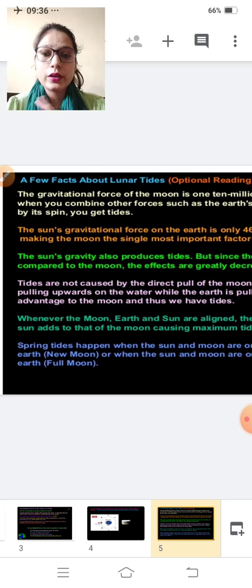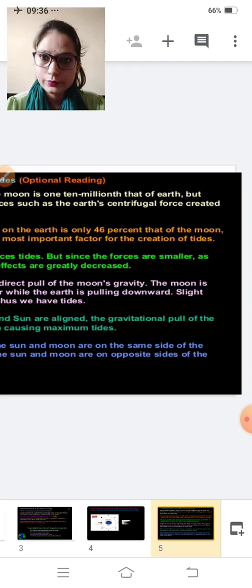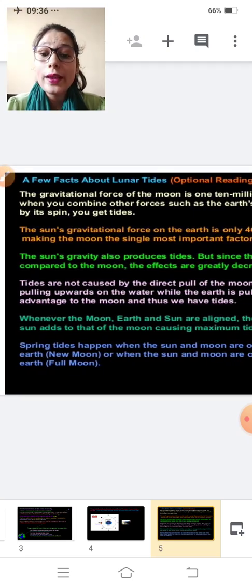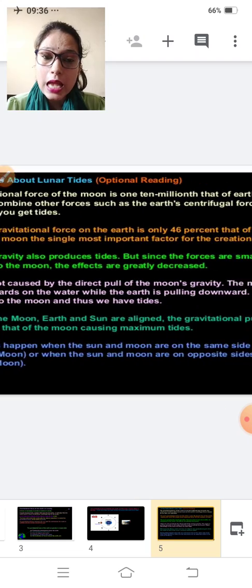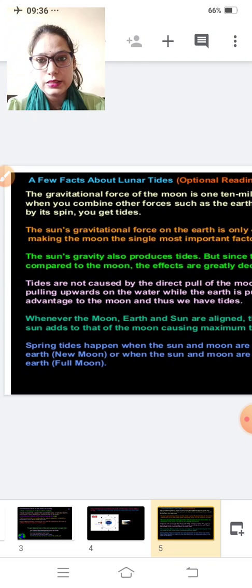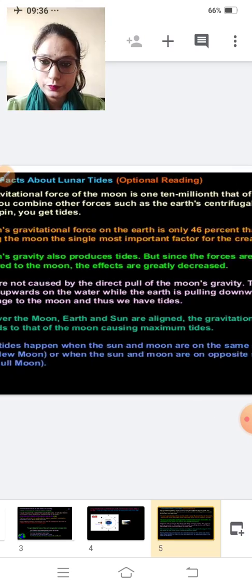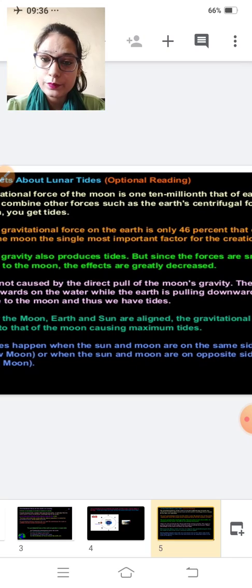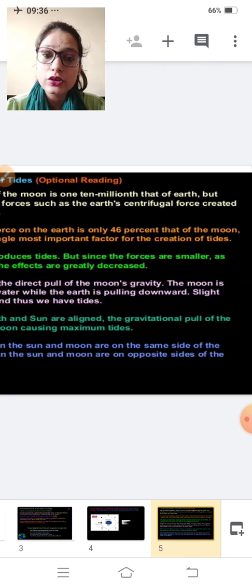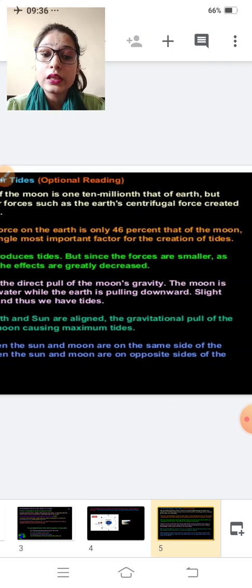The gravitational force of the moon is 1/10 million that of the earth. Clear? But when you combine other forces such as the earth's centrifugal force created by its spin, you get tides. The sun's gravitational force on the earth is only 46% that of the moon, making the moon the single most important factor for the creation of